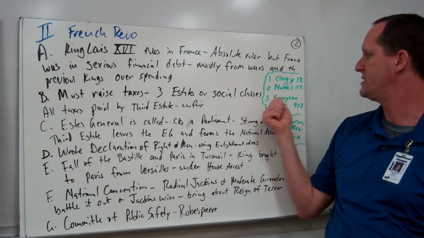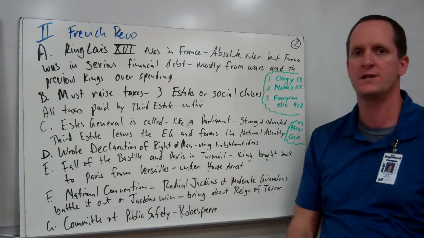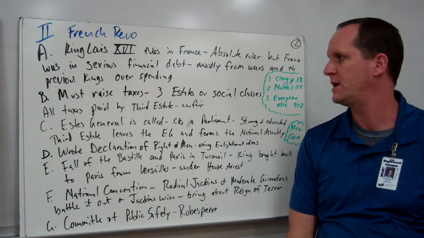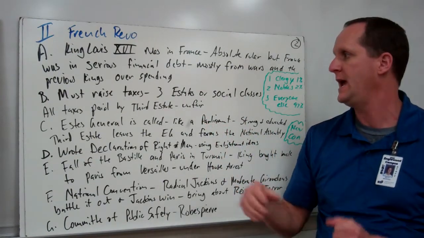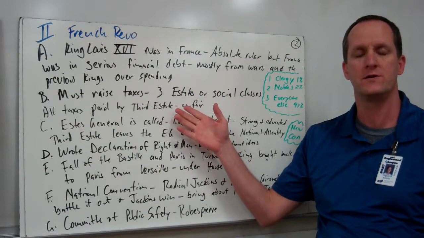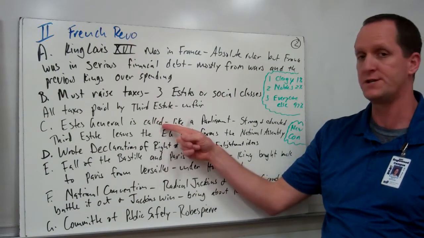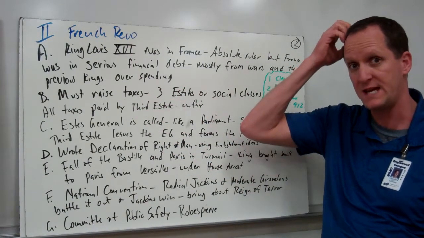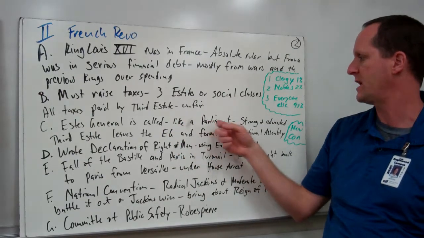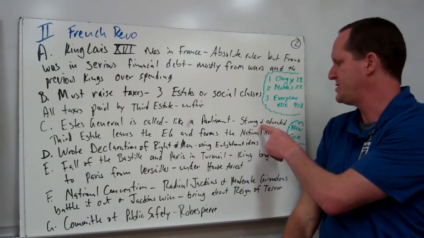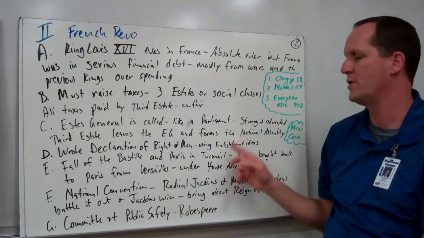So with this no taxation without representation kind of idea, this Third Estate started to become much more enlightened. They were using Enlightenment ideas, and they finally said enough's enough. So the Estates General is called together to help raise taxes. The king needs taxes, or he's literally going to go bankrupt. The Estates General is like a parliament. But this strong and educated Third Estate leaves the Estates General and forms the National Assembly.